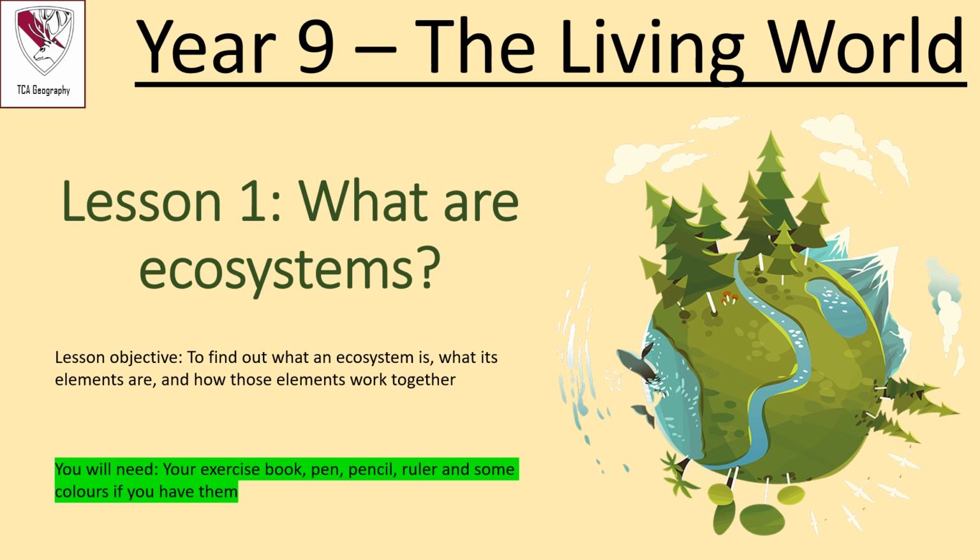Hello. All of Year 9 are starting a new topic this term, and it's called The Living World. This is Lesson 1, What are ecosystems? Throughout this lesson, we will find out what an ecosystem is, what its elements are, and how those elements work